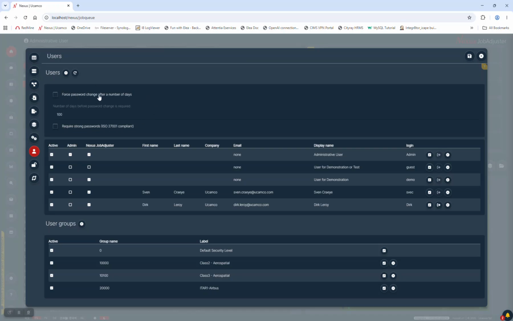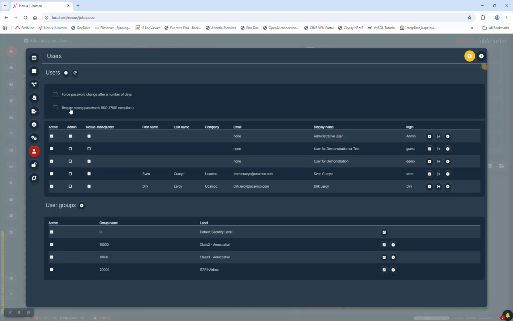So you can set up a system that is going to force a password change after X amount of days, and the amount of days you put in here, or you can make something which is ISO 27001 compliant, and that means that your passwords will have to have a certain length, uppercase, lowercase, special symbols, extras, that sort of thing. So if you take that one on, then the passwords that you use for your Nexus access will be verified